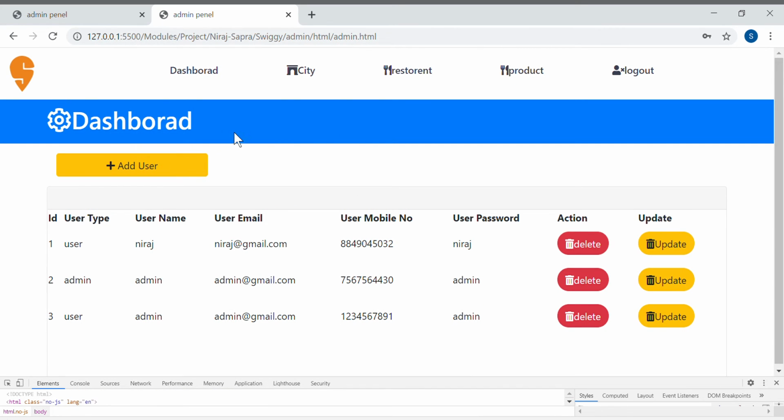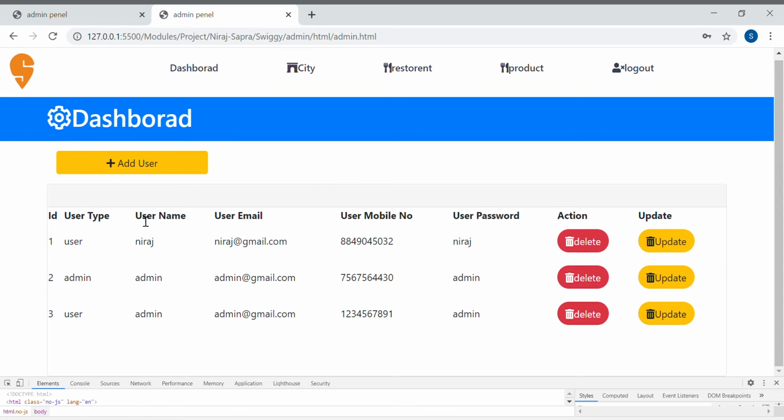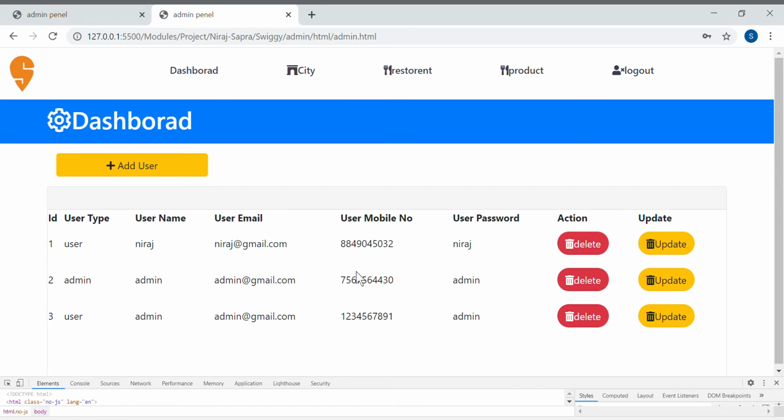First we show the user module. Here we show all the table data for all the users: how many types of users, the id of the user, type of user, user or admin, name of the user, email id and user mobile number also given, right? So this is the admin panel and the user module.